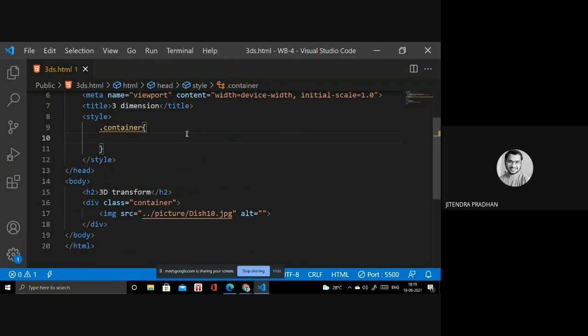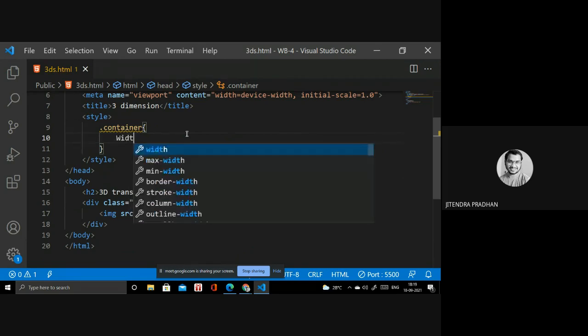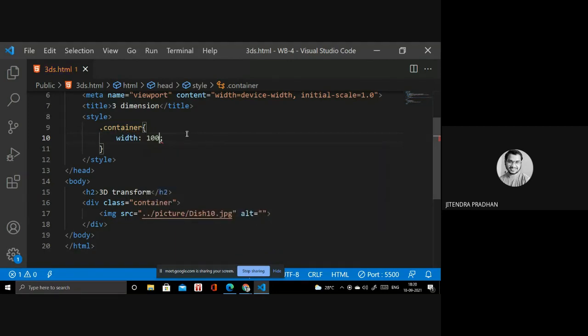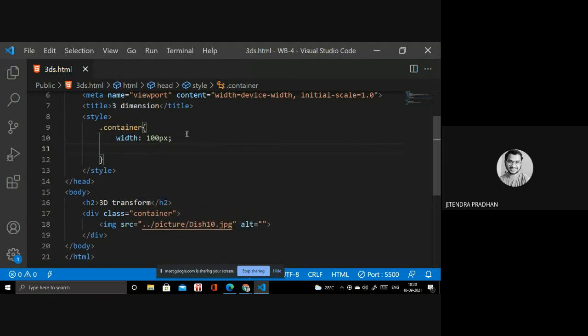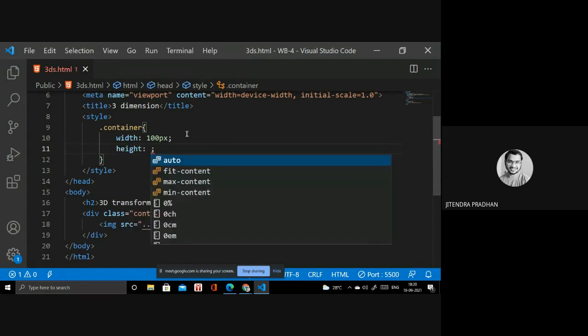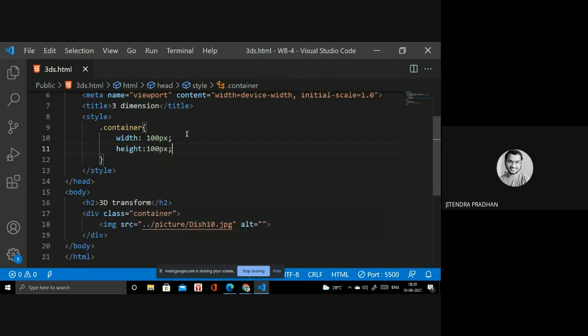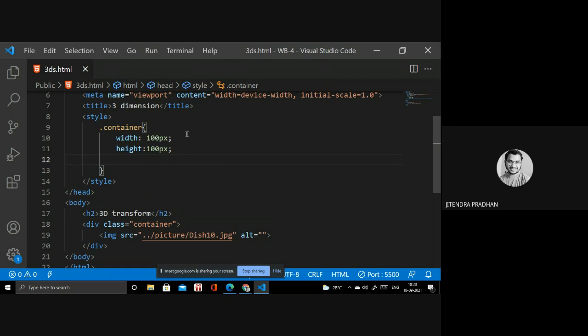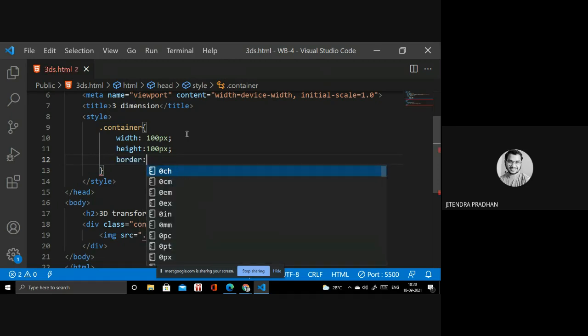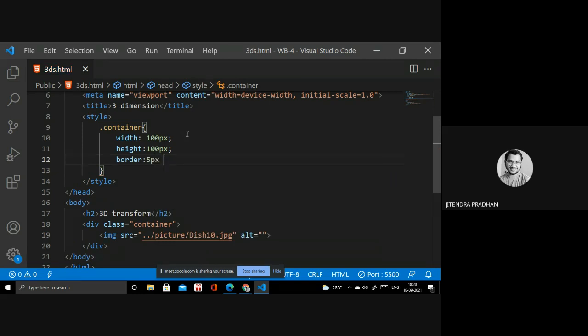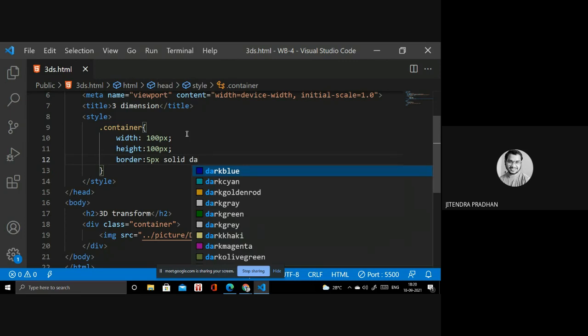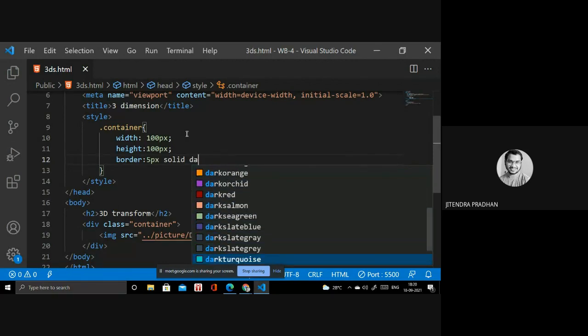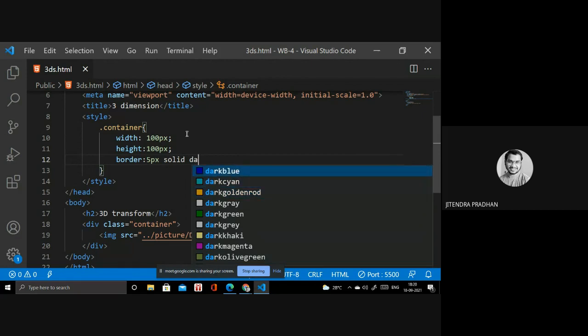So I will write width 100 pixels and height 100 pixels. Next we write the border: 5 pixel solid. You can give any color, like dark blue, dark cyan or dark gray. I was using black, but it's not okay, I will use dark blue.